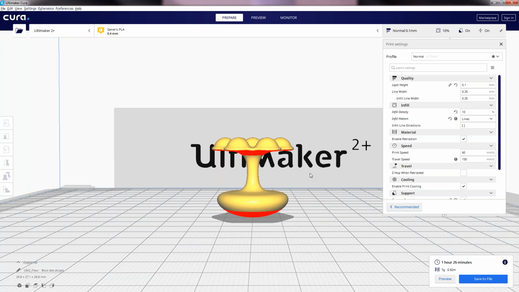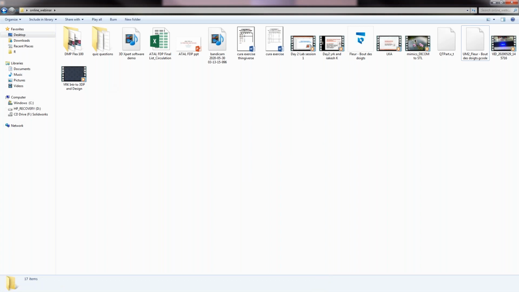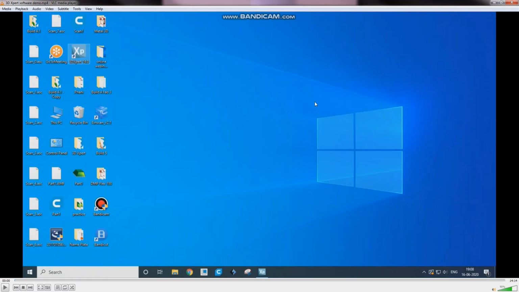But in metal, it is not that way. We need to be careful and take the design in the proper way. Orientation is a very important consideration over there. So till now, what we have seen is Cura.